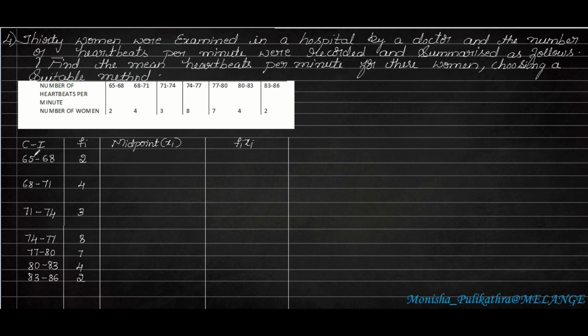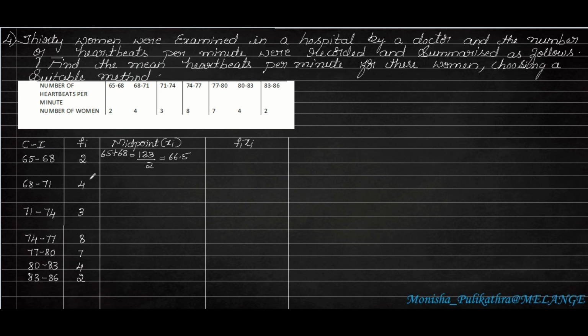Okay, so for the midpoint, two numbers will come, that is 65, 66, 67. We have to take the average of it. So the first one I will show you, that is 65 plus 68, that is equal to 133. So divide by 2. 133 divided by 2 will be 66.5. So this is the average of it. Okay, 65, 66, 67. The average of 66 and 67 is 66.5.